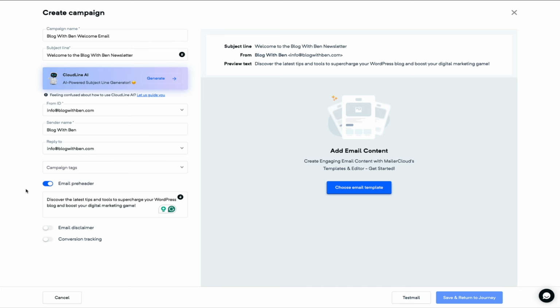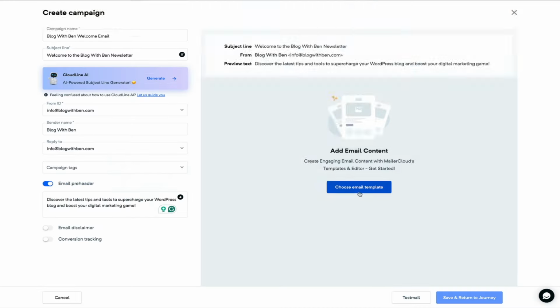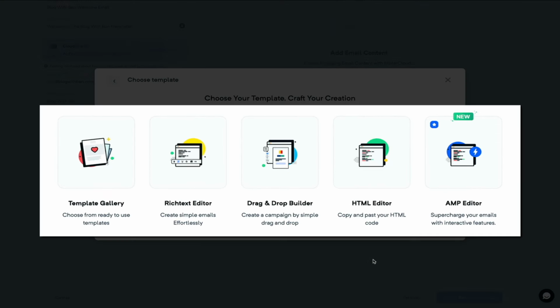So to get started, click the Choose Email Template button, and then you'll be presented with some template options when it comes to crafting your email. These two are great starting points to help streamline the creative process and get your email off to a solid start. And feel free to test and experiment with these different types, but for this example, I'm going to select